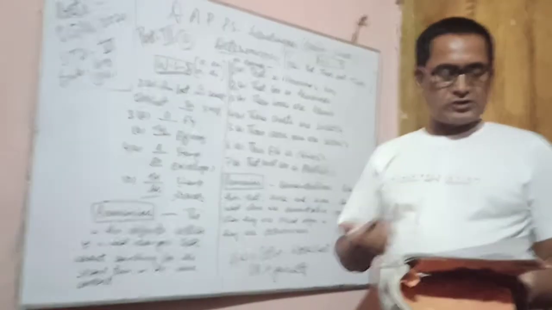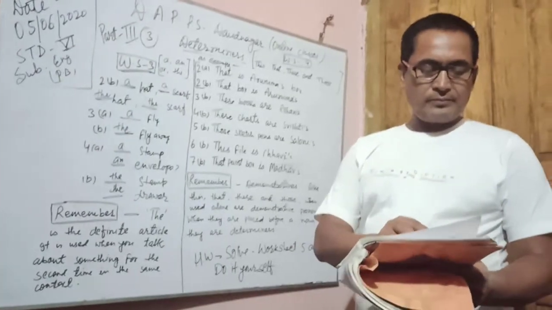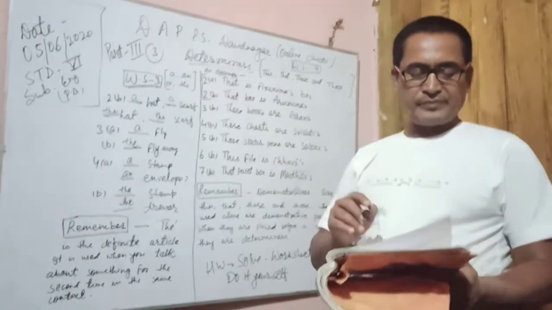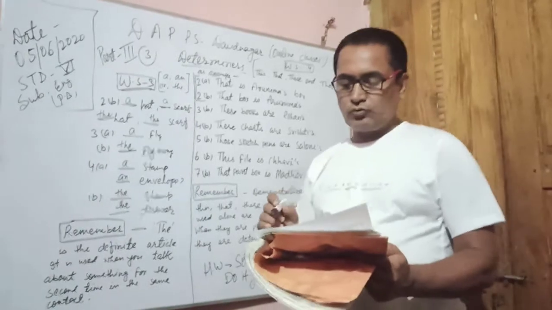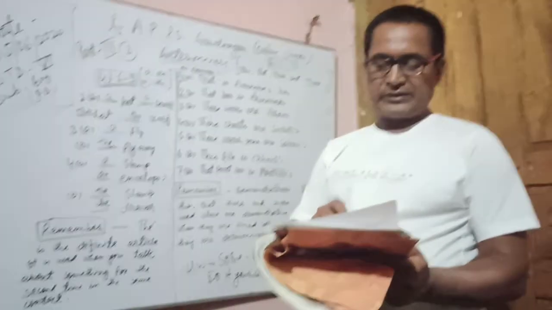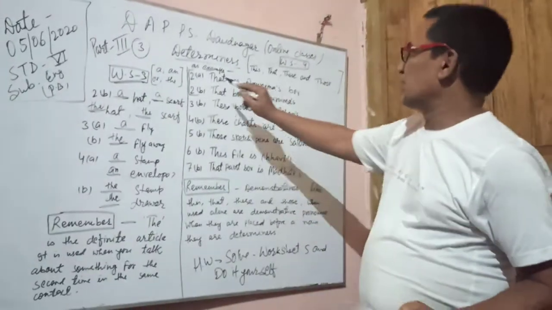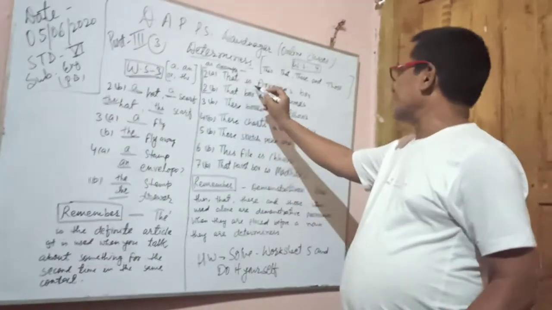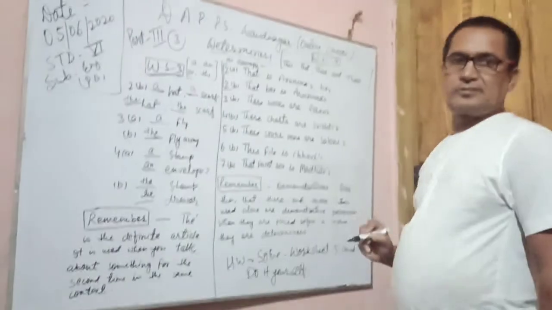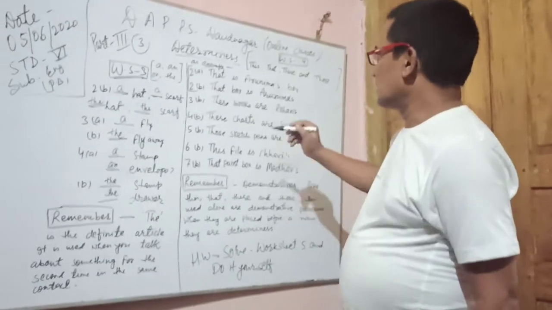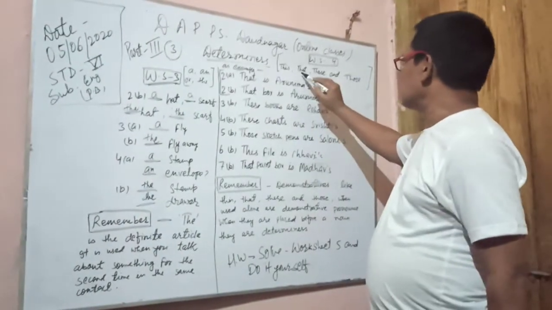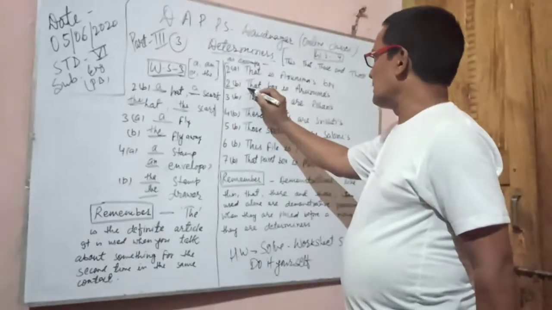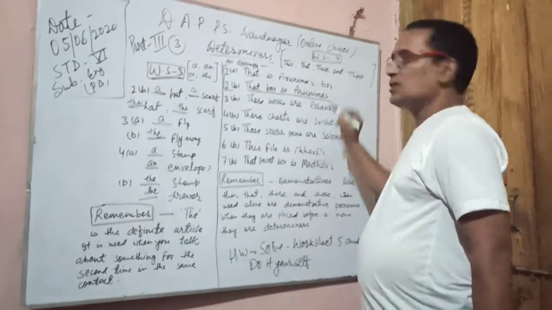Let's turn your pages to worksheet 4. This is given: This is Madhuri's calculator. Now you have to use determiners: This calculator is Madhuri's. As an example, 2a, that is Arunima's box. Now you have to use the determiners this, that, these and those. The answer is: That box is Arunima's.